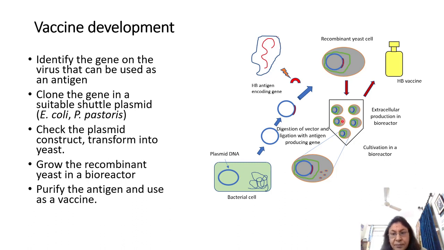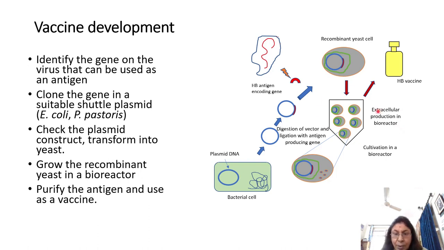Okay, so if we just look at, we expand it a little bit to show you that this is your recombinant cell. The gene is going to code for this protein, which is the hepatitis B antigen, and in the initial stages it will be intracellular, but eventually it will be secreted out. So in this fermentation broth, we have this recombinant, and this antigen is being produced in large quantity. Okay, so now you have extracellular production in a bioreactor.